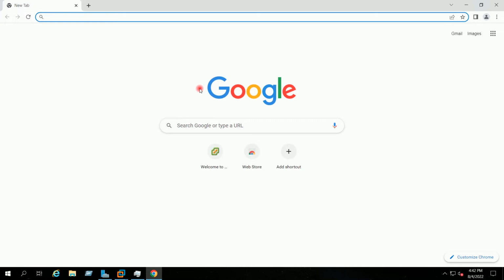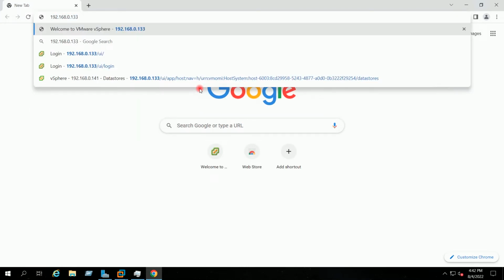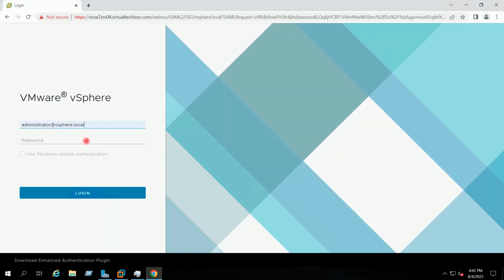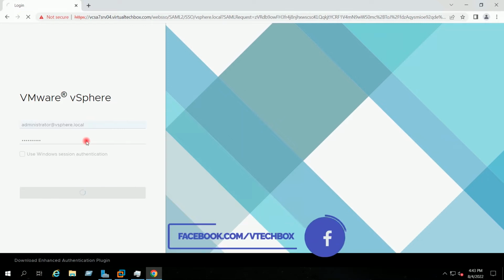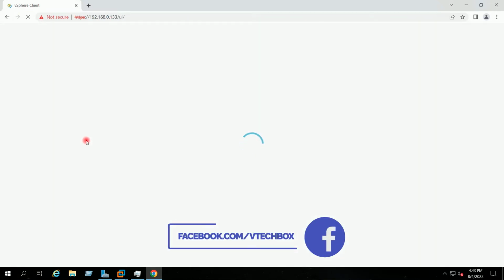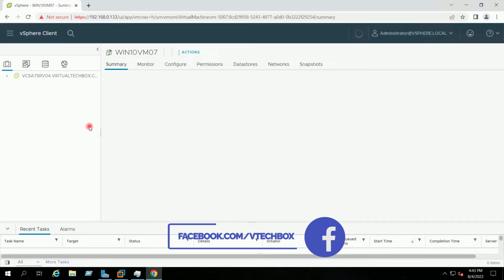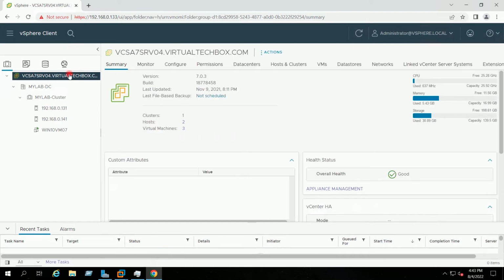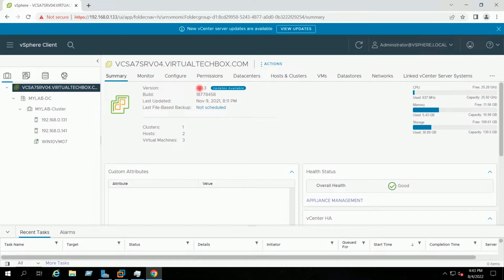I will open the browser and type the IP address of my vCenter here. I will give the username and password. So I have logged into my vCenter 7, which has one cluster.